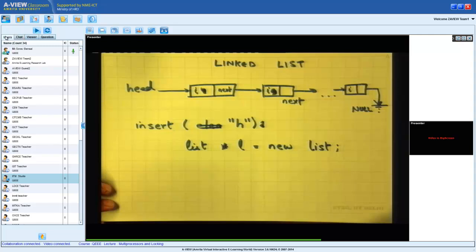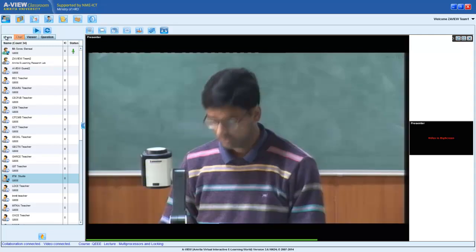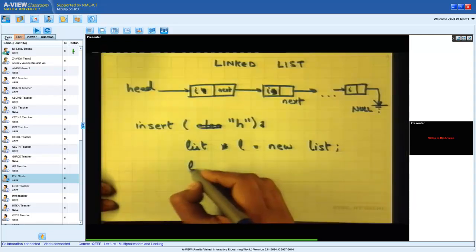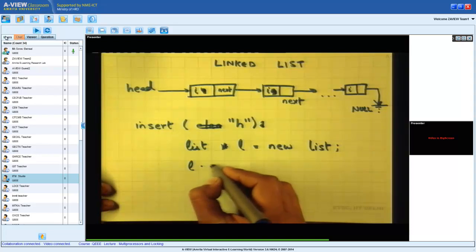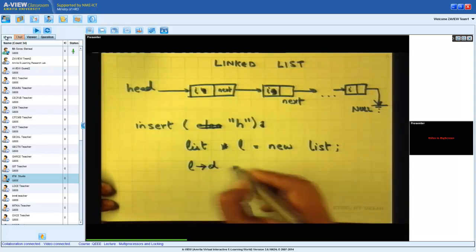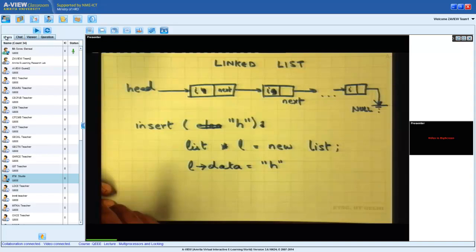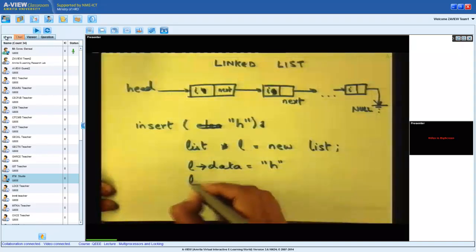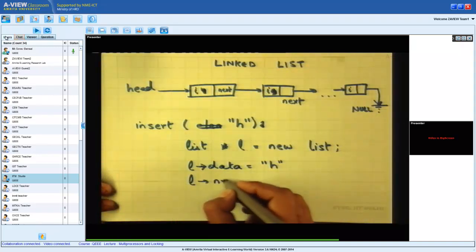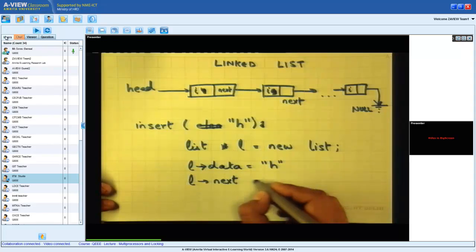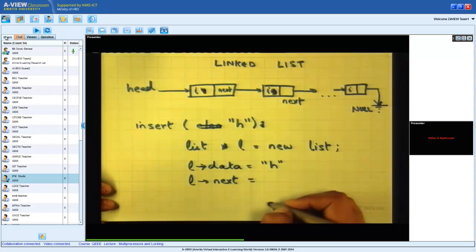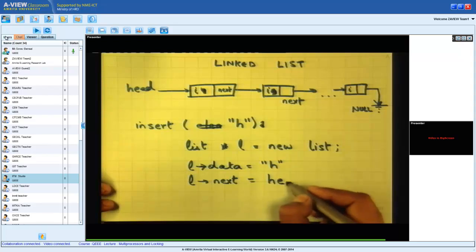You're going to allocate some data, the new one, and then you would say L dot data is equal to H. I'm going to say L dot next is equal to, let's say I append it at the beginning, so L dot next is equal to head.